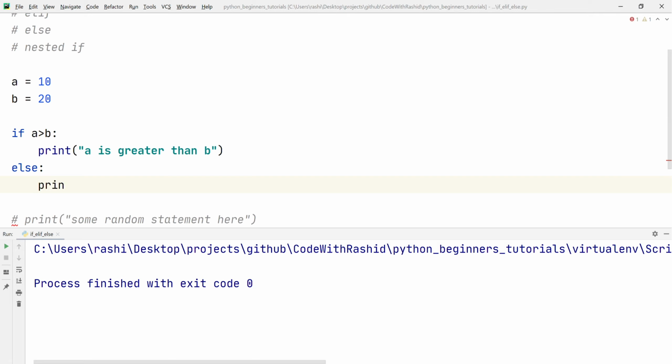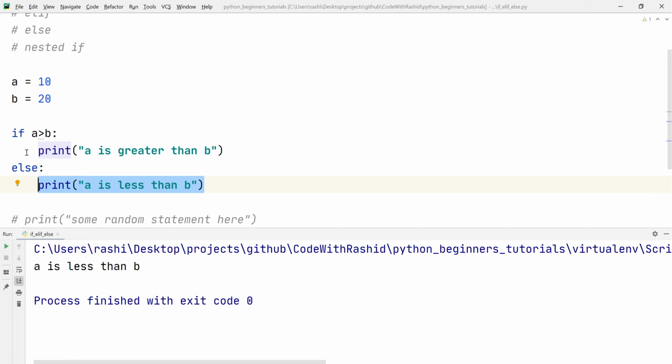Else print a is less than b. So here we are telling it to first of all check this condition. If this condition is true, execute this block of code. But if this condition is not true, then execute the else part of code. So the else part is only executed when the if part is false. If we run this program, we can see that we have got a is less than b, because the if condition is false, so it's running the else part.